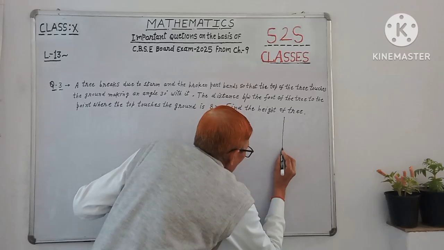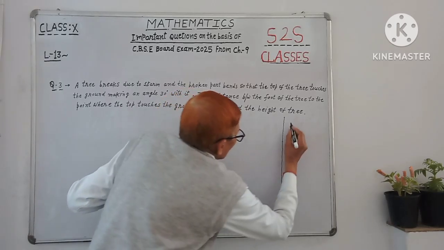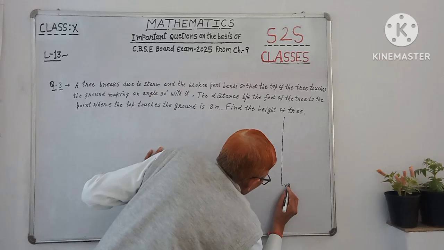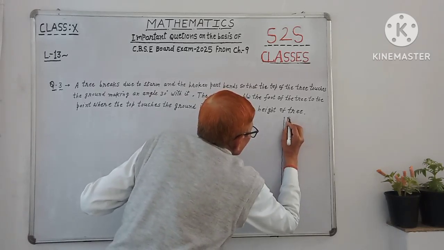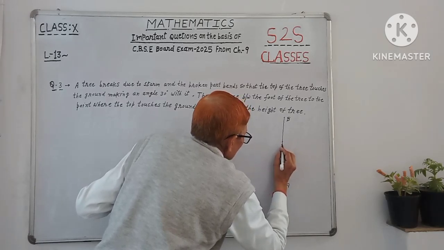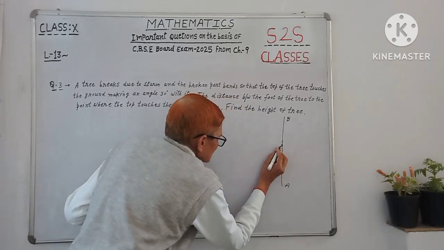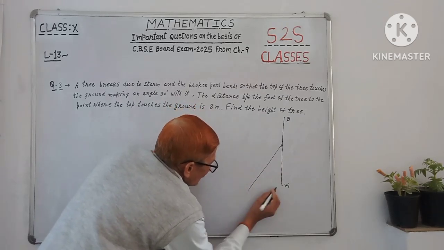Like it was the original tree, and AB was the original tree, and due to the storm let it bend, breaks and touches the ground here